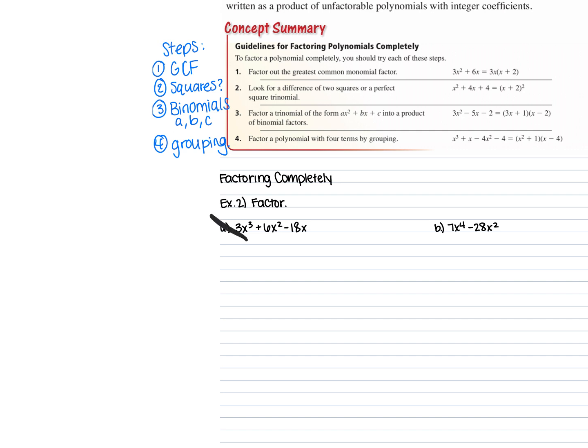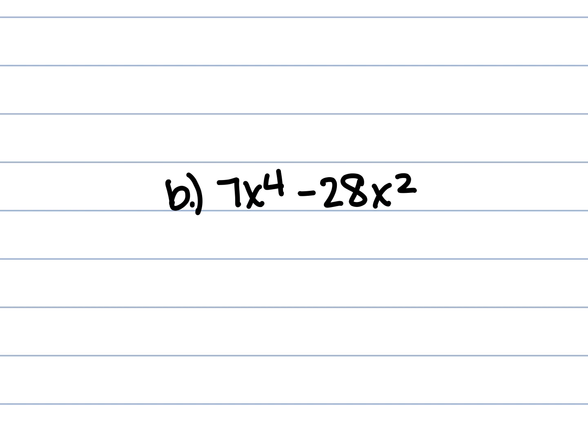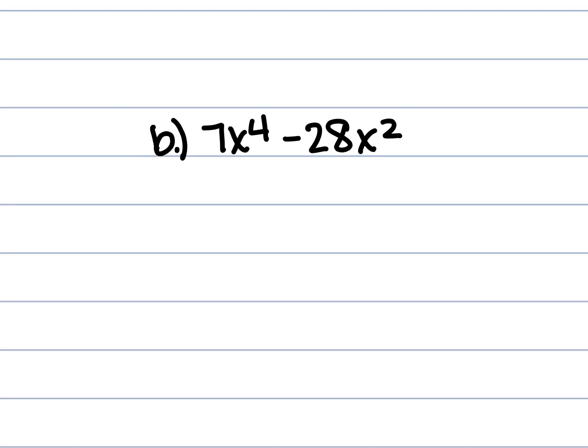Do not do letter A. Please cross it out for yourself. It is unfactorable. It's going to give you a hot mess. We're going to zoom in on letter B. So let's start with our steps. Check for how many terms it has. How many terms does this guy have? 2. So can we group them? No, because grouping needs how many terms? 4. So we're going to start with our first step, which is normally